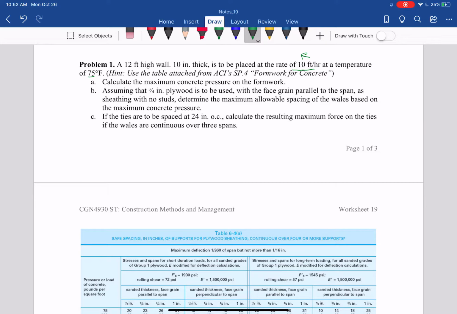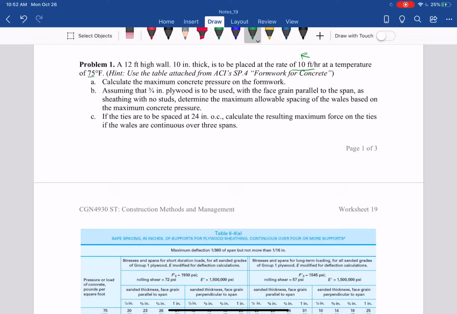You can use your knowledge in concrete form design 1, the previous week's lessons, to determine the concrete pressure. Assume that 3/4 inch plywood is to be used with the face grain parallel to the span. What is face grain parallel to span? Just go to the previous lesson to see the model of that. The sheathing is with no studs, that is,